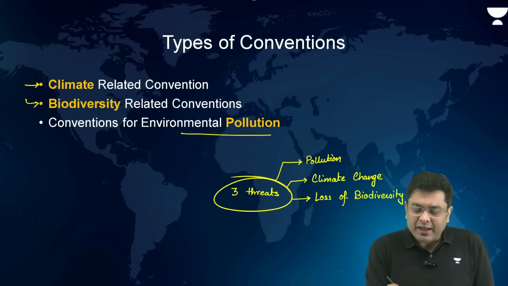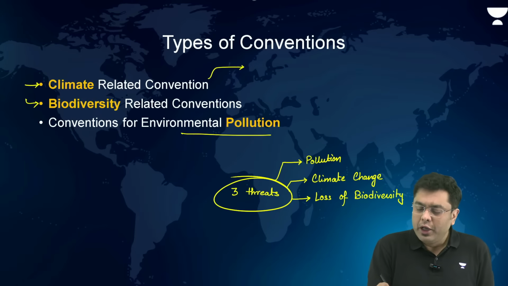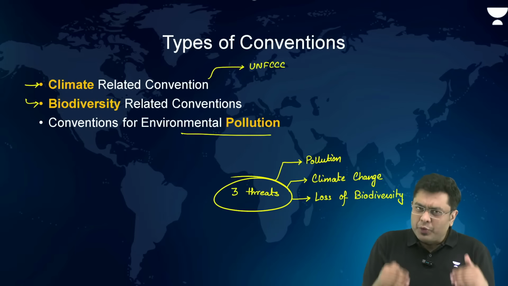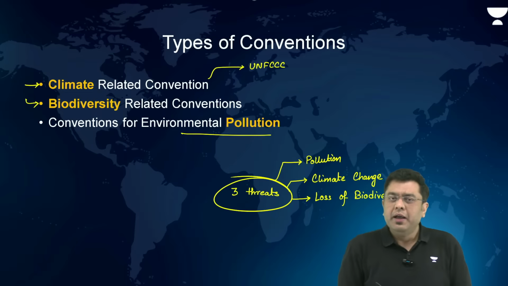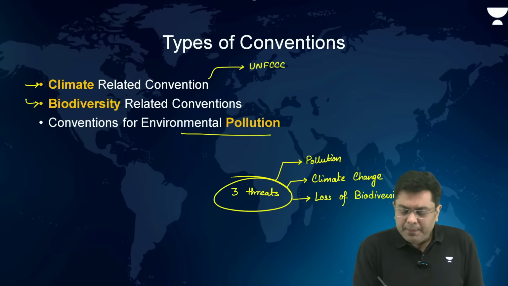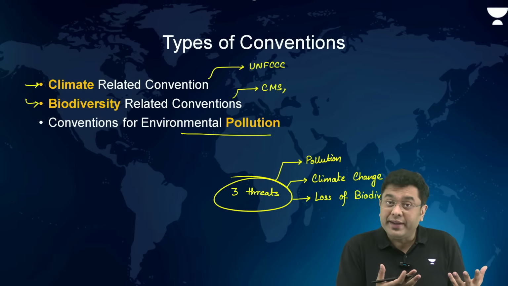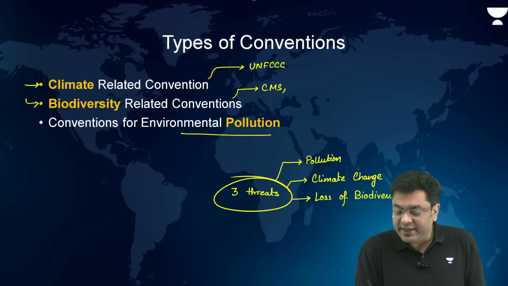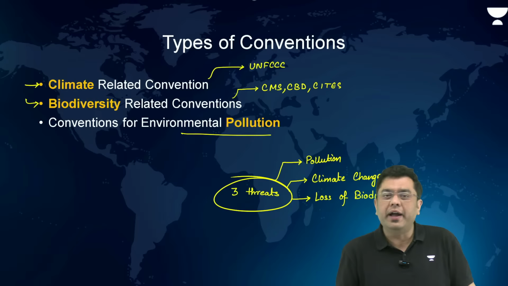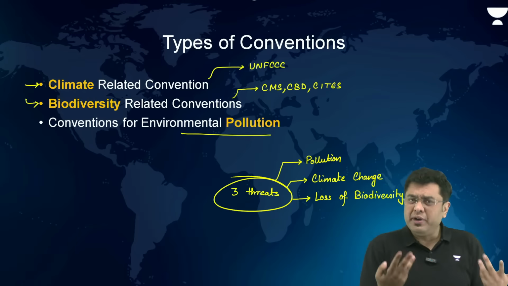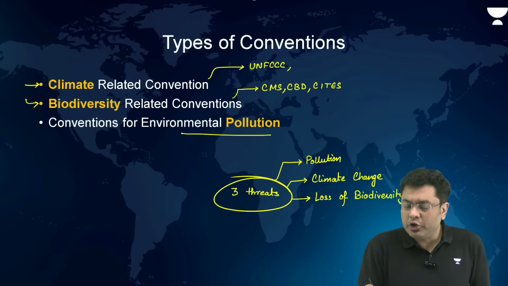For example, climate-related convention, when we talk about, you have the United Nations Framework Convention on Climate Change, right? When it was arrived at, what is the detail of it? We will talk about it. Biodiversity-related convention. Here, you have basically the Bonn Convention or the Convention on Migratory Species. You basically have again the convention associated with the biological diversity, that is CBD. And you have Convention on International Trade in Endangered Species of Flora and Fauna, that is CITES. Now, climate related convention, you can also include Convention to Combat Desertification, UNCCD.